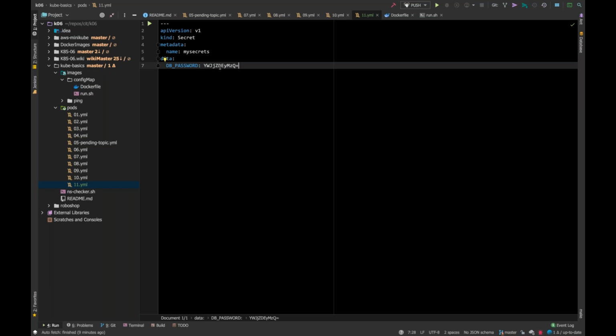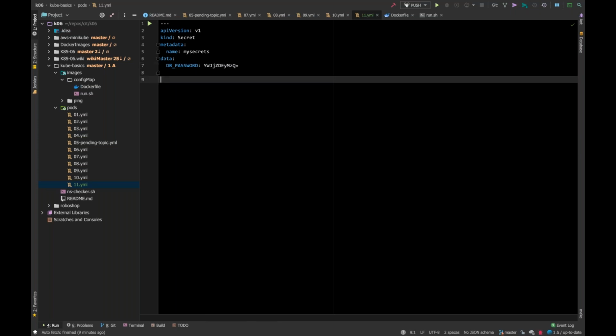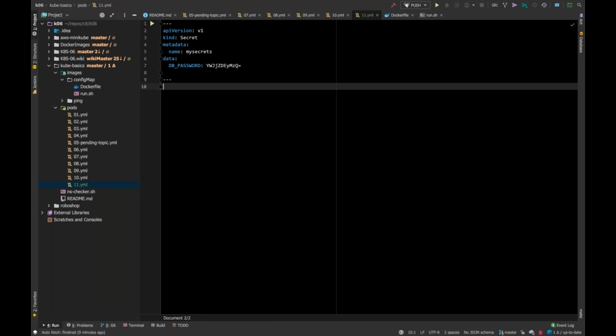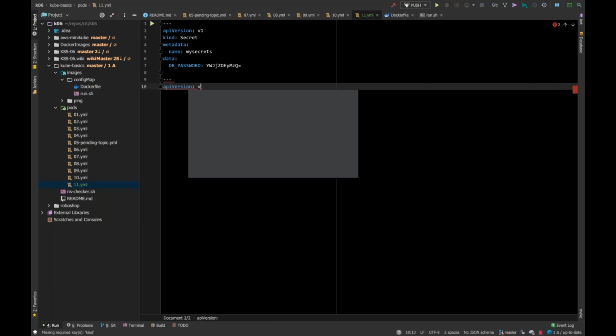Encrypting is something different. It comes with keys. If you encrypt with a key, you cannot decrypt without the key. Okay, now you have a DB password. Now I'll go into accessing that particular one. So API version is v1,